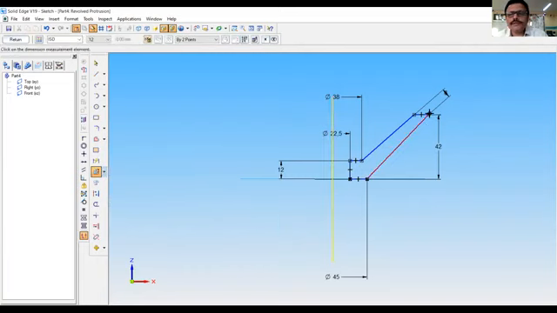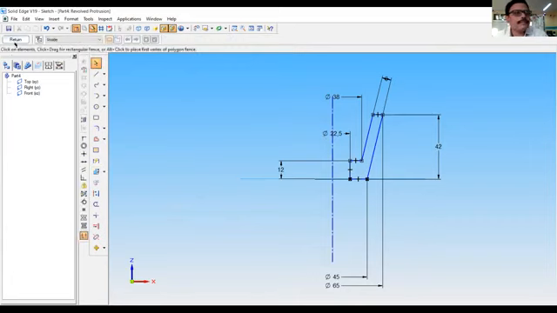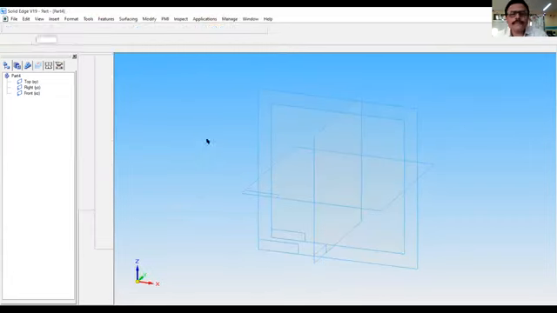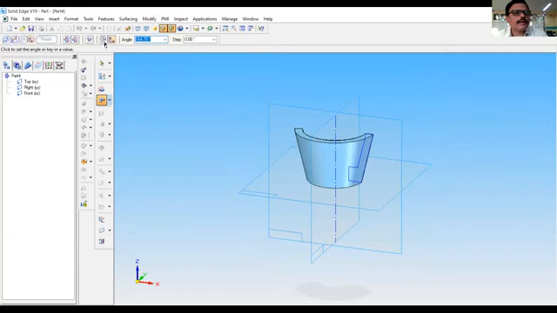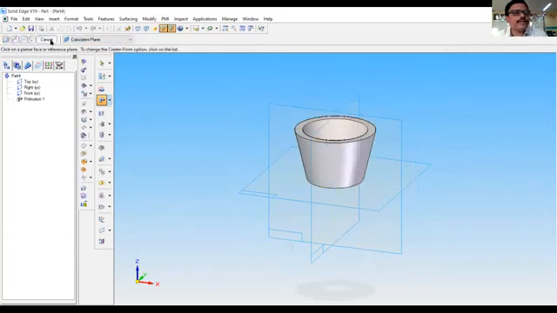From here to here, it is 65. So my basic shape is ready now. Click on the axis of revolution. Click OK. Revolve by 360 degrees. Finish.